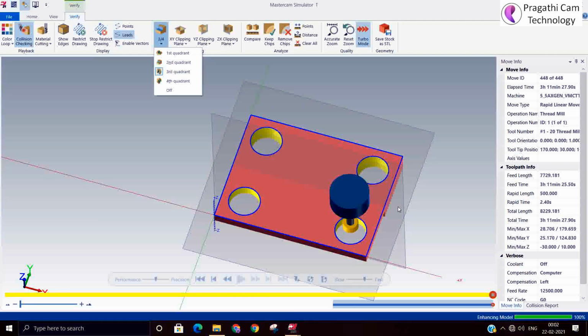Actually we just wanted to cut exactly on the thread portion, but that option is not able to do it.